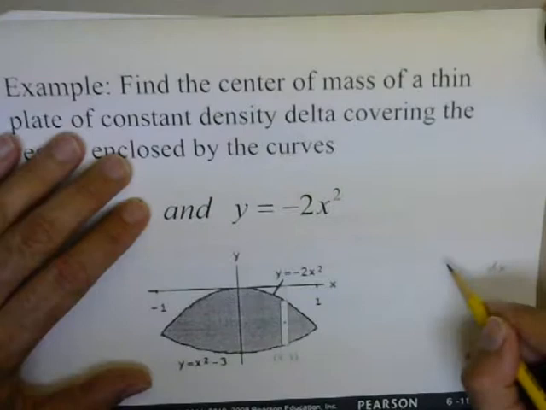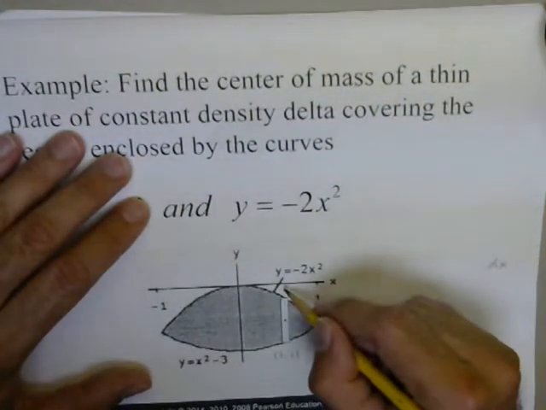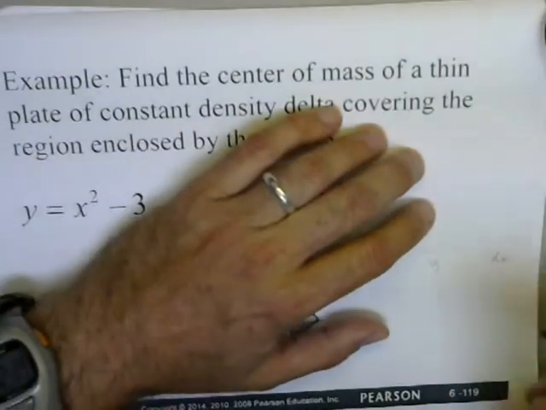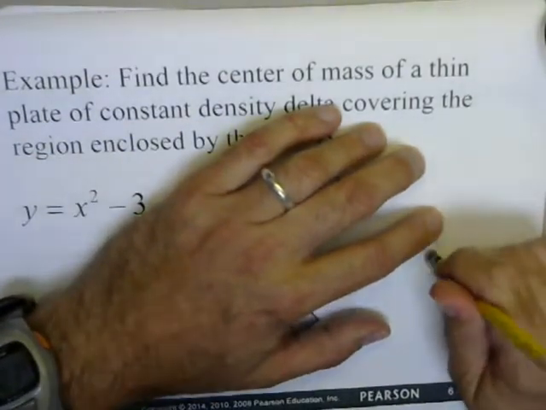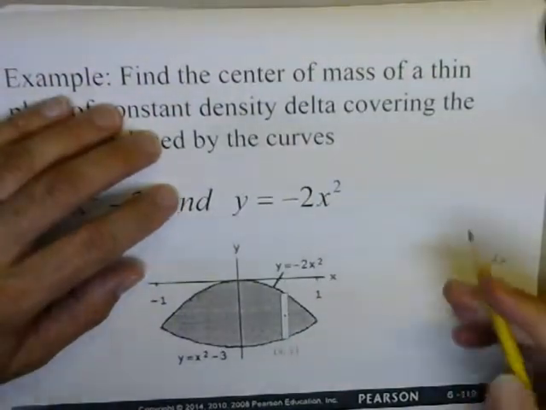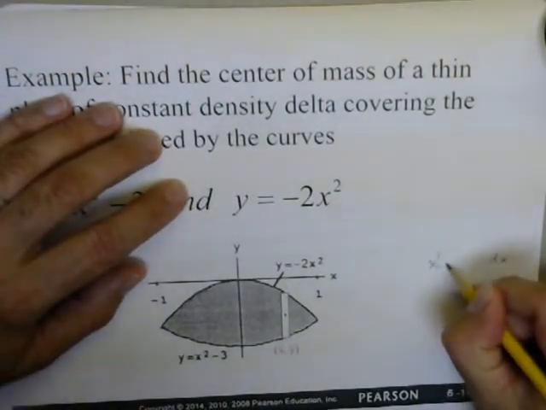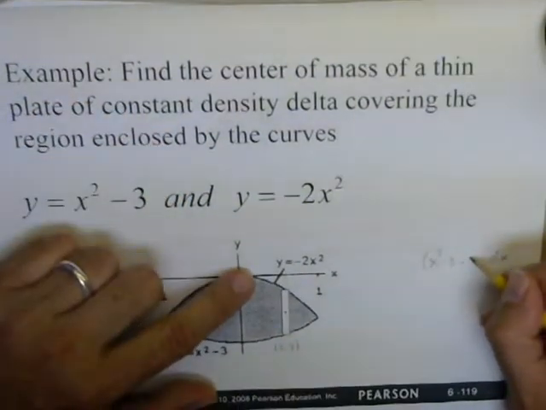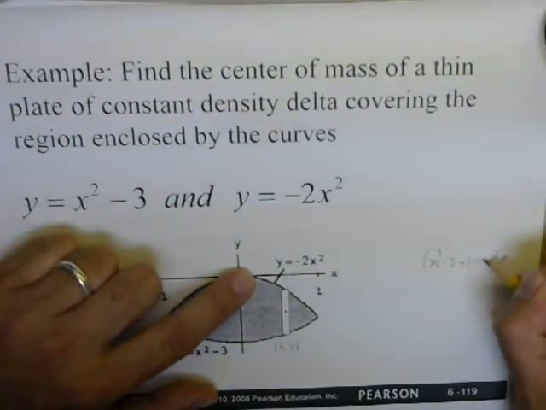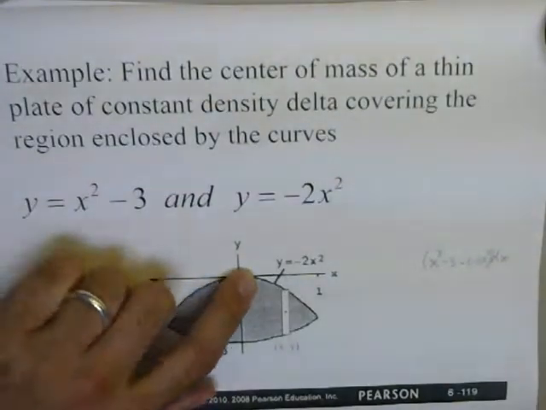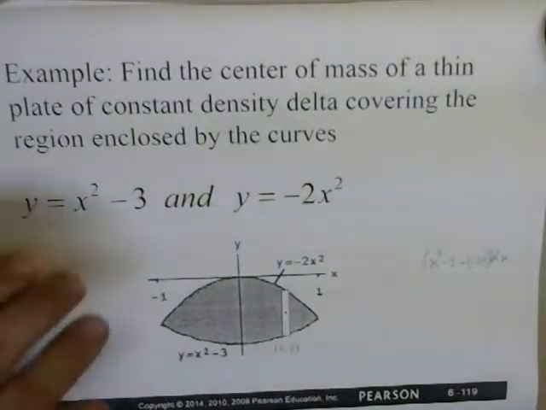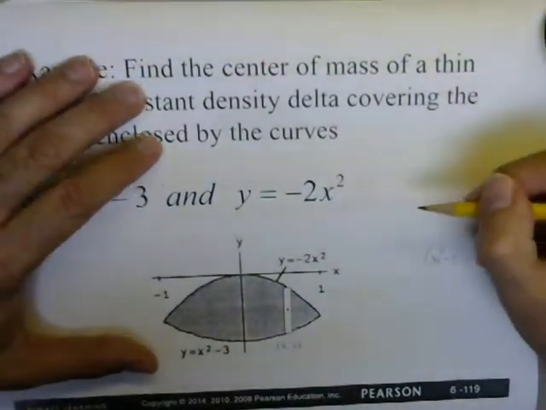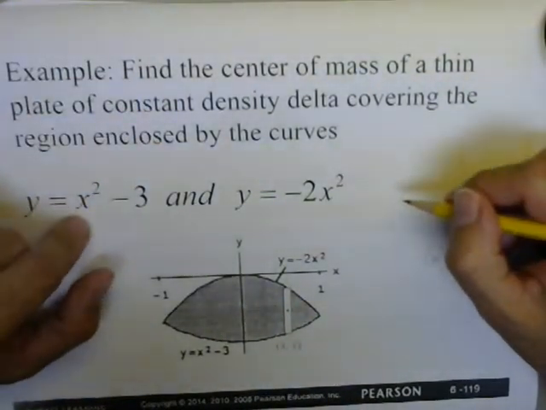So the length or height of the strip will be this distance, which is given by y is equal to x squared minus 3x, minus the distance negative 2x squared. And then here,